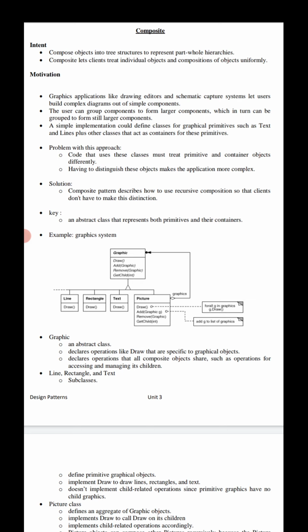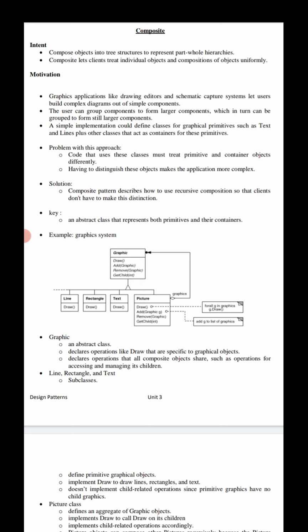Graphic applications like drawing editors and schematic capture systems, in the sense of some structured representation, how do we want to capture that particular system? Let the users build a complex diagram out of simple components.